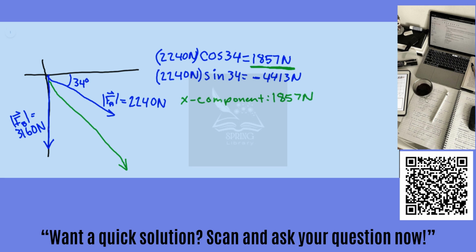All right, the y component is going to be a negative 4,413 newtons plus a negative 3,160 newtons. Because like I said, this vector right here is in the negative direction, right? All right, and when we add those together, we get that they are equal to